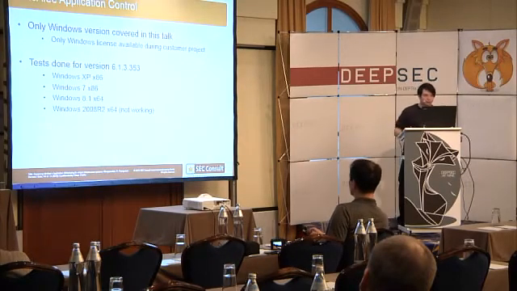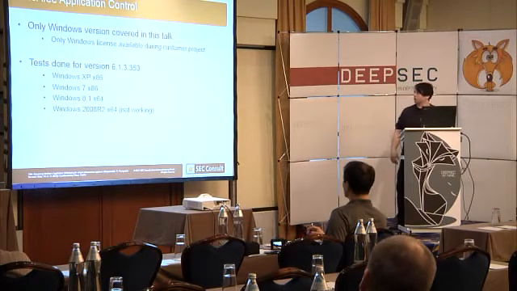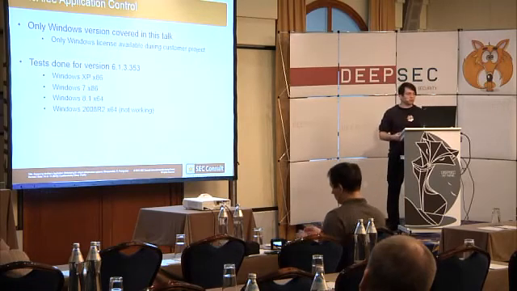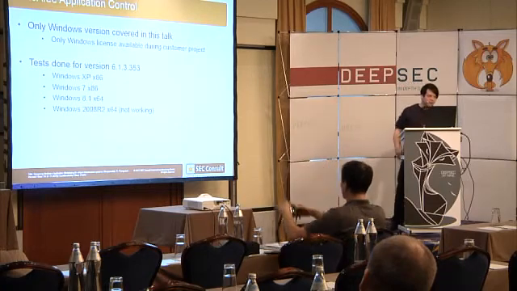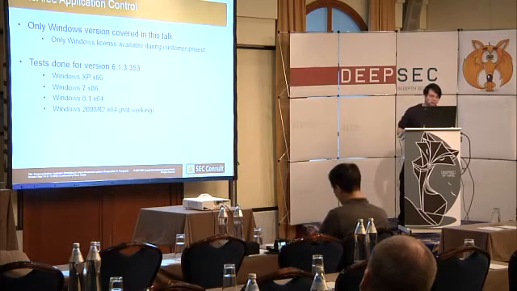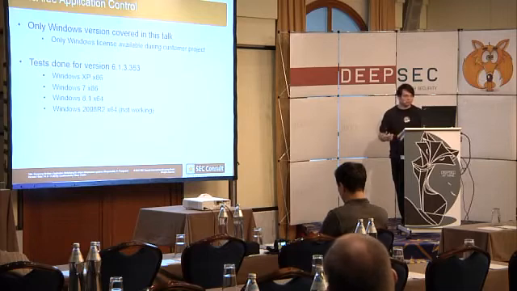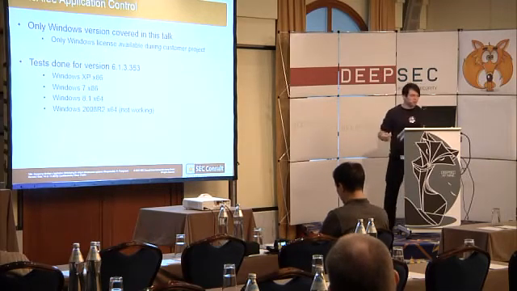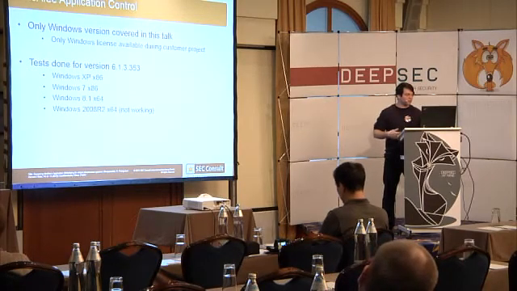So I only received the Windows license. There's also a Linux version of it, but I didn't have a look at the Linux version. So we're just covering Windows stuff here. I made all my tests with version 6.1.3, which was the current version when I was doing the tests. And I have done mainly the tests on the client systems like XP, Windows 7, Windows 8.1. But I've also verified that all techniques also work on Windows 2003, Windows 2012, and so on. The reason why I've chosen XP is that XP is very commonly used in SCADA environments,